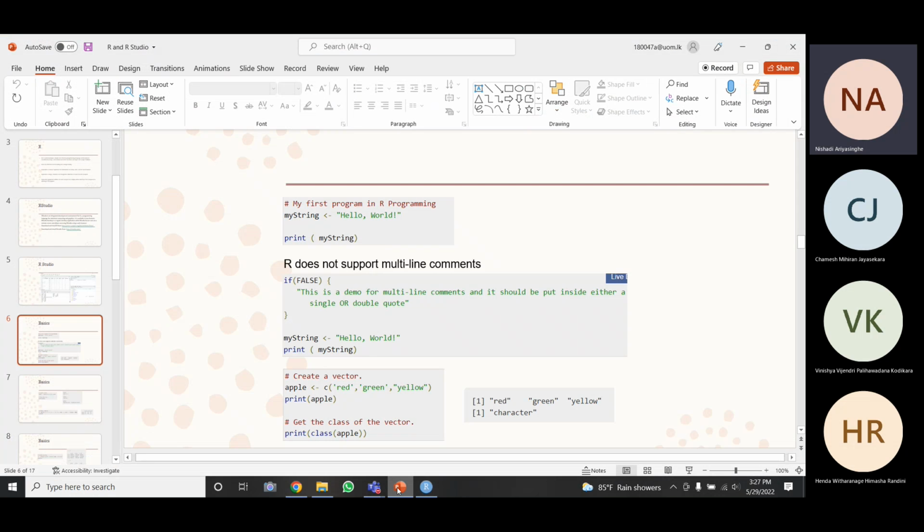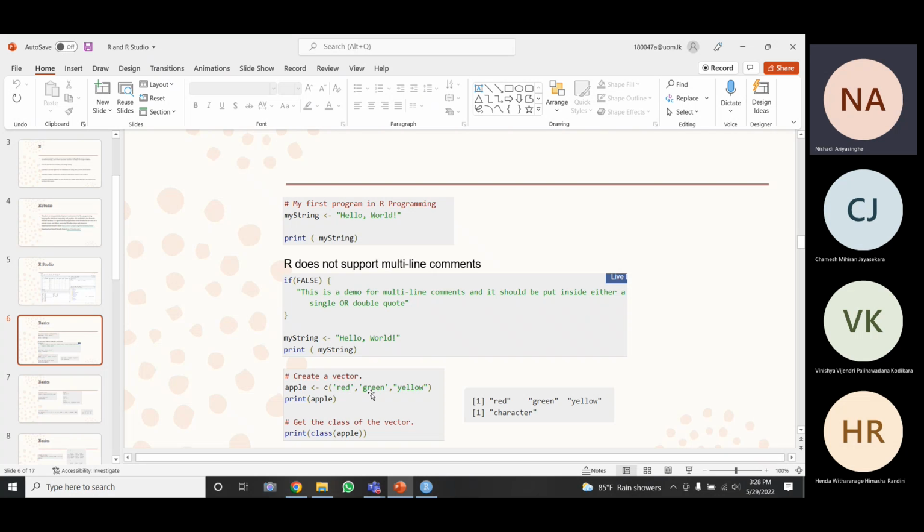So if you want to create a vector, you can create something like this. If you want to create a vector or something like an array, you can give a name and then give this assignment sign, and c means you are creating a character vector, right?